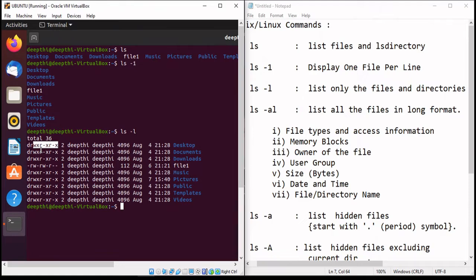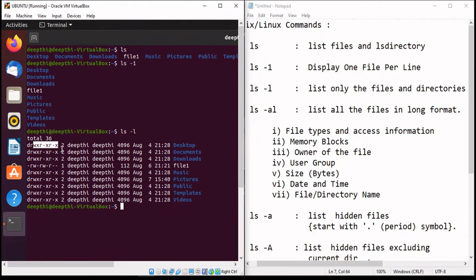These are the permissions given to the different files and directories, indicating whether the file or directory can only be read, or only written, or only executed, or read, write and execute, or all of it. So it depends on the permission that we set on the files and folders, right?